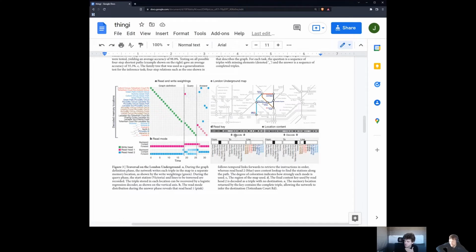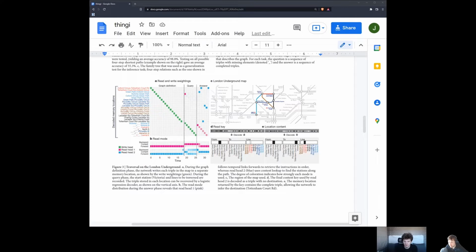Actually, let's continue with it a bit, but then come back to it. Still, you can see here the different read heads behaving very differently in different modes, where you can see very specifically read head 1, when it's in query mode, being able to